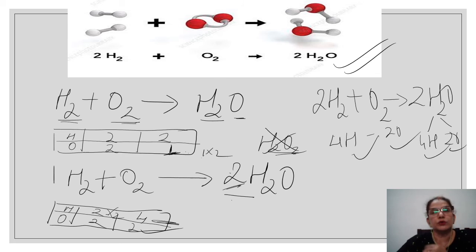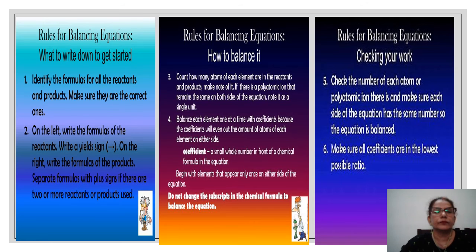So this way you're supposed to keep balancing the equations till all the atoms of every element in the reaction on the reactant side and the product side have the same number of atoms. So the element on the reactant side and on the product side should have the same number of atoms. Okay. So there are certain rules for balancing which you already know. This is just for you to understand it better.